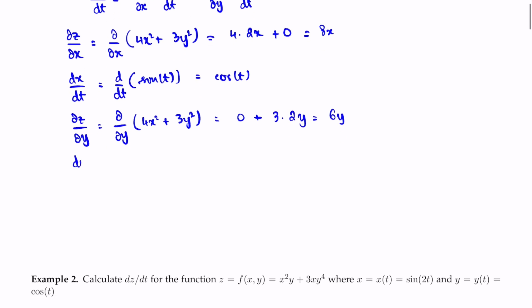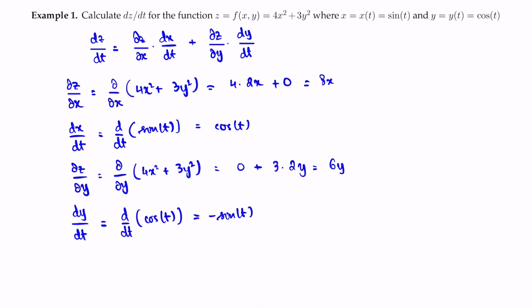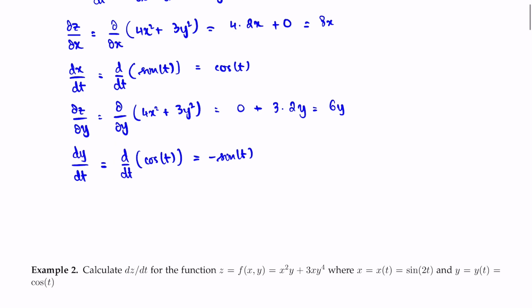And for dy/dt, you take the regular derivative of y with respect to t, that is the derivative of cosine of t, which is negative sine of t. Now you have all the information that you need. Plug all the information into the formula. We're going to get that dz/dt